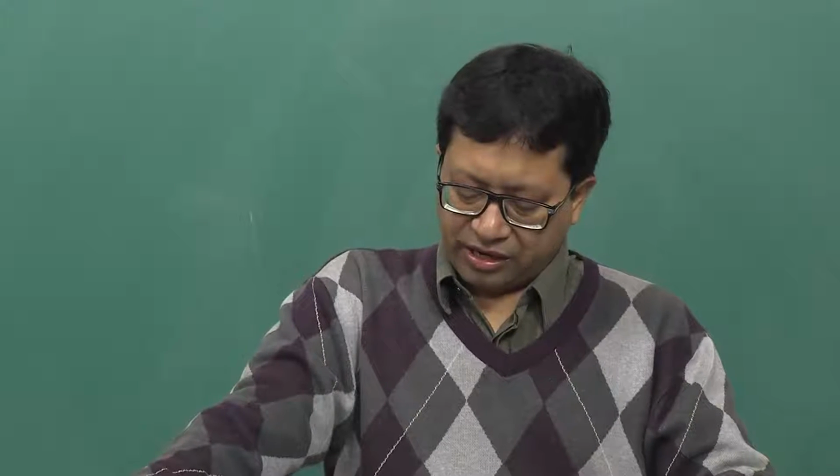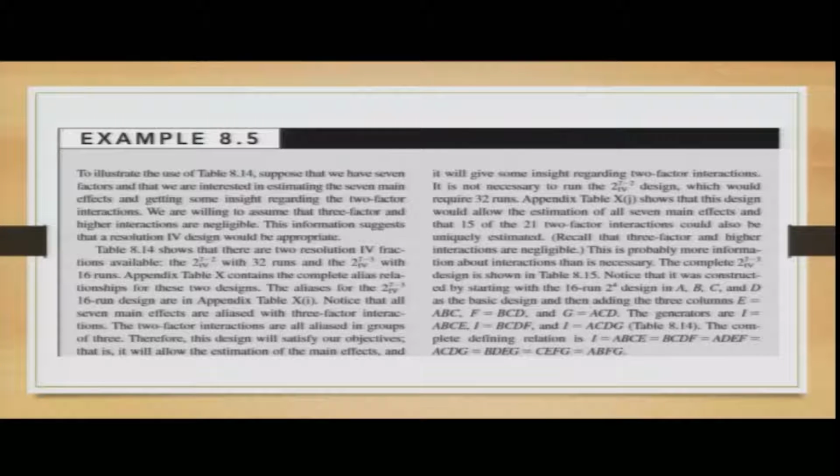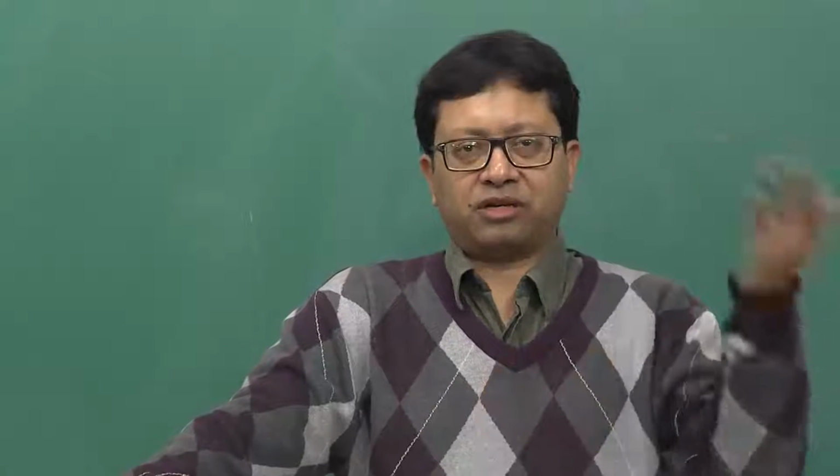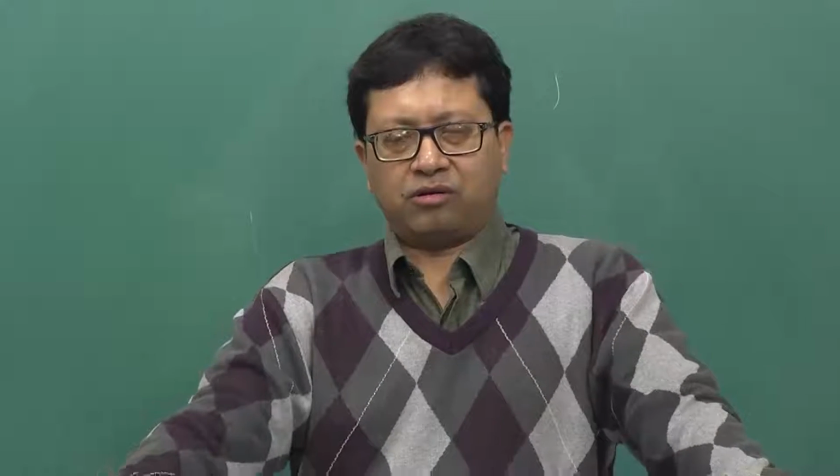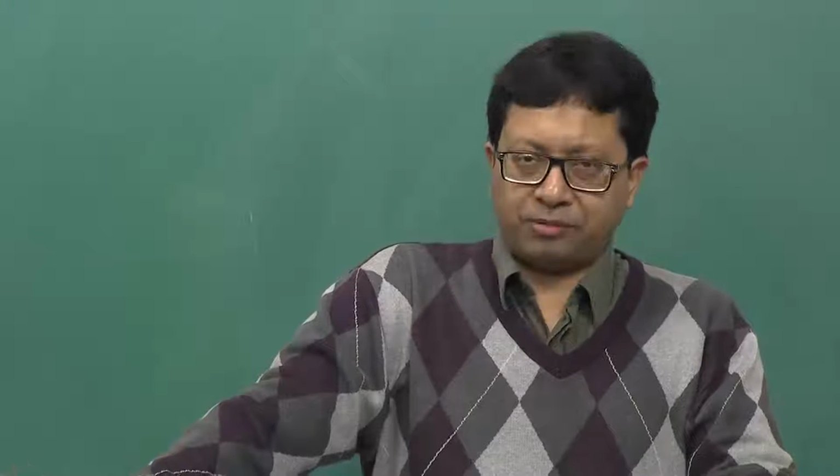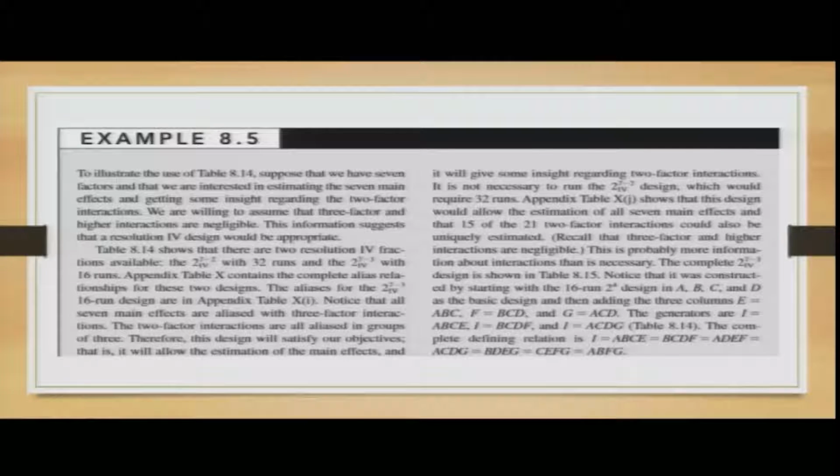The complete defining relationship, which is basically for I, the indicators, and the overall factor design which you are considering, are A, B, C, E, combining them to find the best effect. Another is B, C, D, F, one is A, D, E, F, one is A, C, D, G, one is B, D, E, G. So, these are the factors. The factors would be named differently, like temperature, pressure, humidity, depending on the example you have. To continue, it will be B, D, E, G, C, E, F, G and A, B, F, G depending on the level.